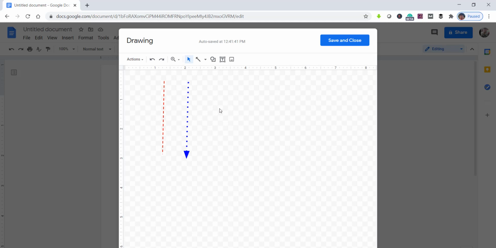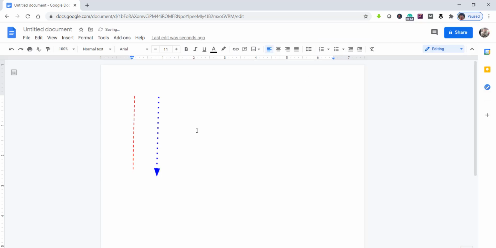Now what you have to do is click on the save and close button here. Click on that, so it will add to your Google document. Now the next approach is adding the vertical line in between the text. If you have multiple text, you can make the text into columns and add the line in between them. If you have such a requirement, you can do it that way. So let's do that. Let's add some dummy text here.